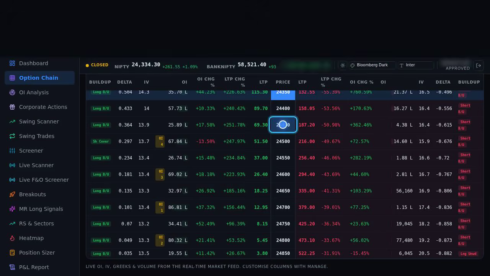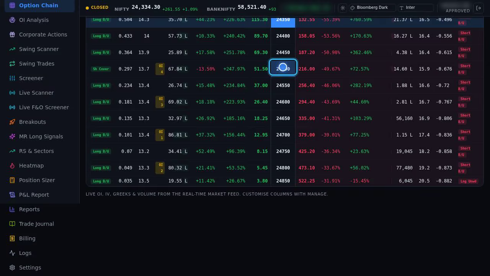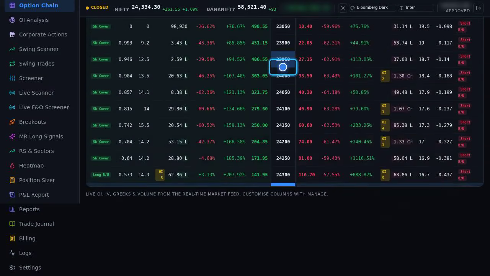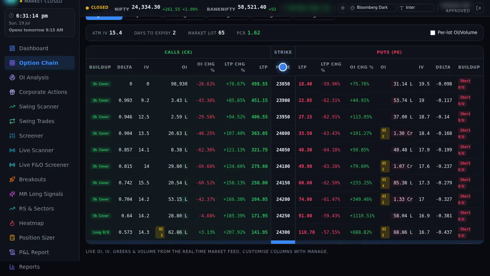Let's put it all together with a quick, imaginary example, reading one strike end to end, the way you actually will. Say Nifty spot is near 24,300 and I look at the 24,300 call, the at-the-money call. I read across its row, the premium, its LTP, tells me what one share costs, times the lot, that's my total risk. Its delta is around 0.5, so it'll capture about half of Nifty's next move and has roughly a coin flip chance of finishing in the money.